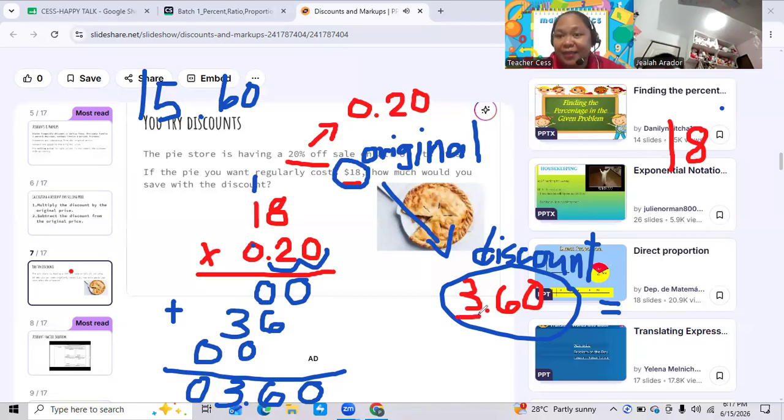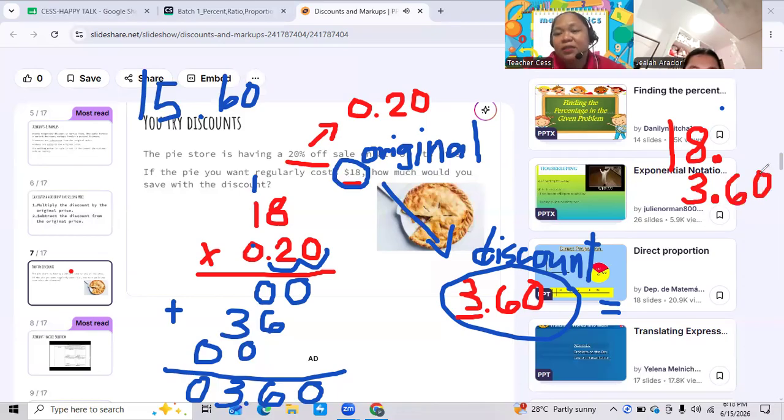3 is the whole number, right? Yes. So you will put it under the whole number 18. Because 18 has a decimal point here, an imaginary decimal point, because it is a whole number. So meaning you will align 3 to 8 and then the decimal point and then followed by 60. If you will notice, there is no number beside 18 after the decimal point. Automatically, you will put 0 there. Okay? Okay.